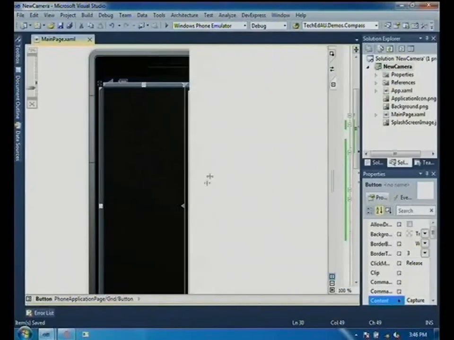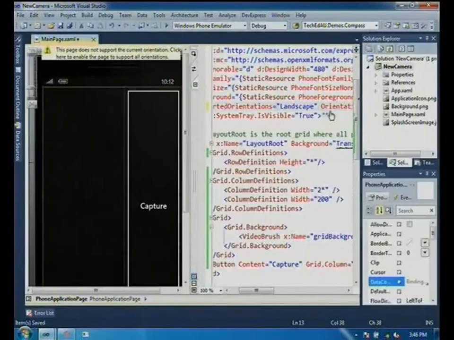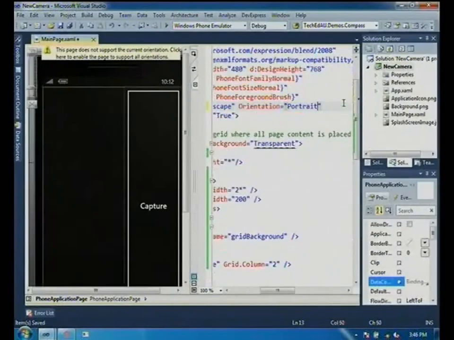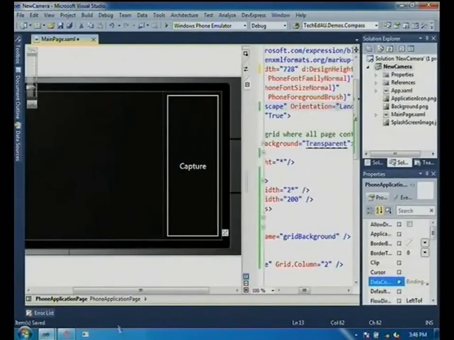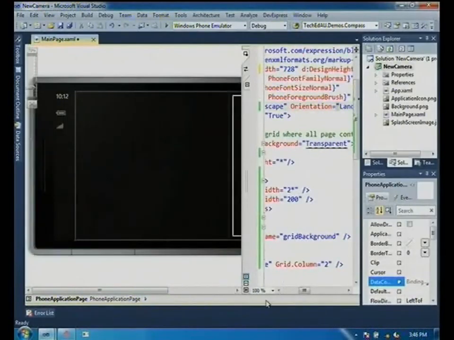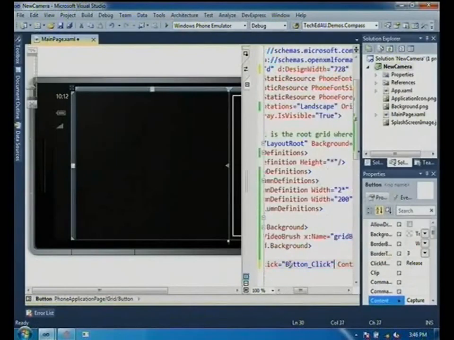All right, so this is what our layout's going to look like. Well, it's missing one thing. We're going to make it landscape. Right, so that looks pretty good. Let's then wire up the click event for our button.